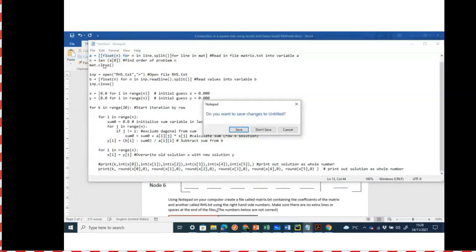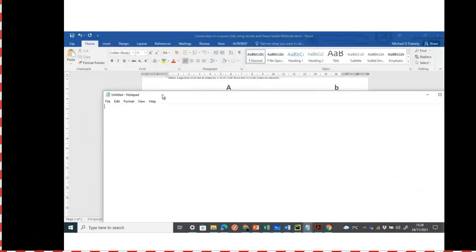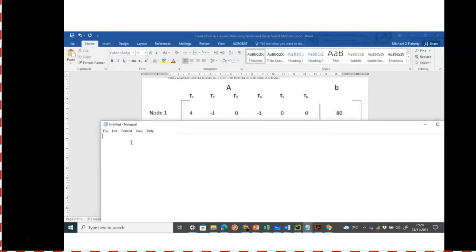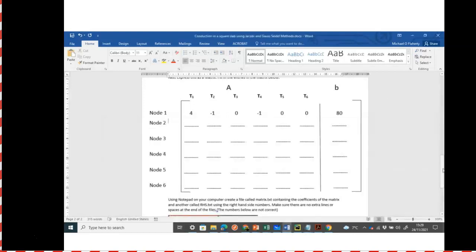Go to a new file. So for the first one, the coefficients are 4, 1, 0, minus 1, 0, and 0. 6 coefficients. And it's important you don't leave a space at the end of the lines. And bring up the